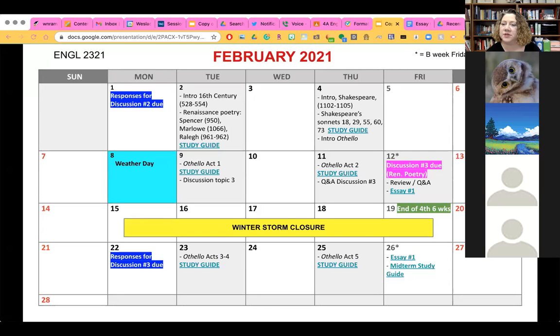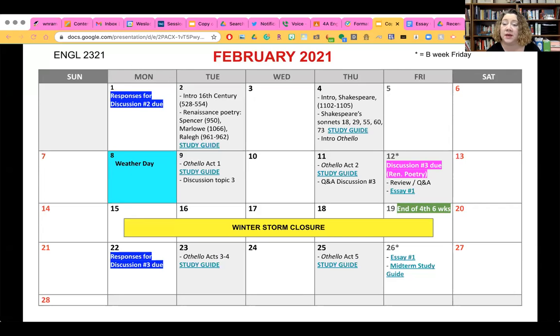The topic for today is to talk about the midterm exam and essay number one. I've talked about essay number one previously, before we finished Othello, but I do want to go a little more in depth into the different topics today that you can choose from for your paper, because maybe you want to start that, choosing a topic and start outlining or thinking about how you want to answer your chosen question.